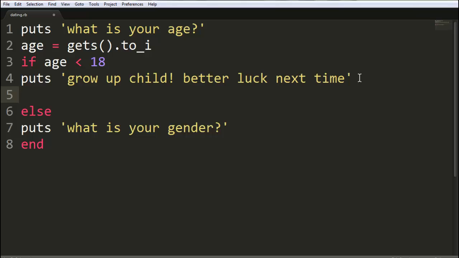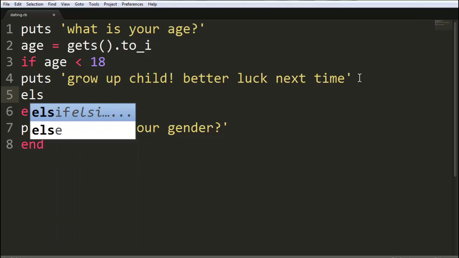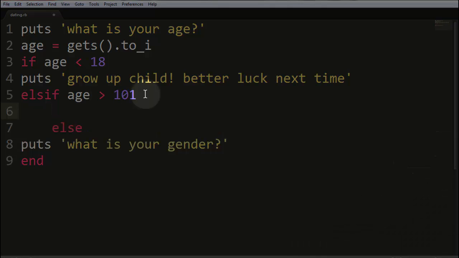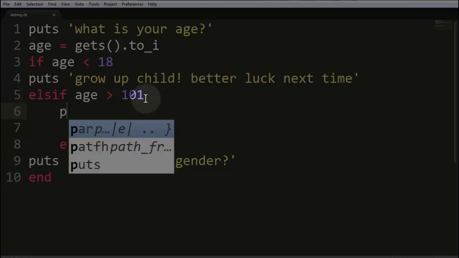Here we will write else if age is greater than 101. See, in Ruby's else if operator we are not writing else and if separately. Here we will simply write elsif for writing else if. And now if the age is greater than 101, then it will give the following message.